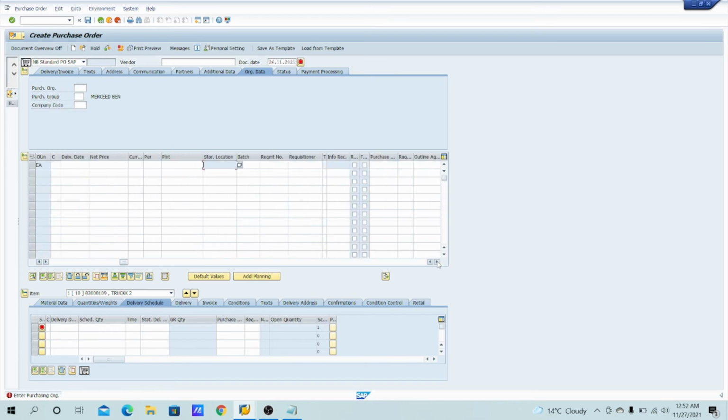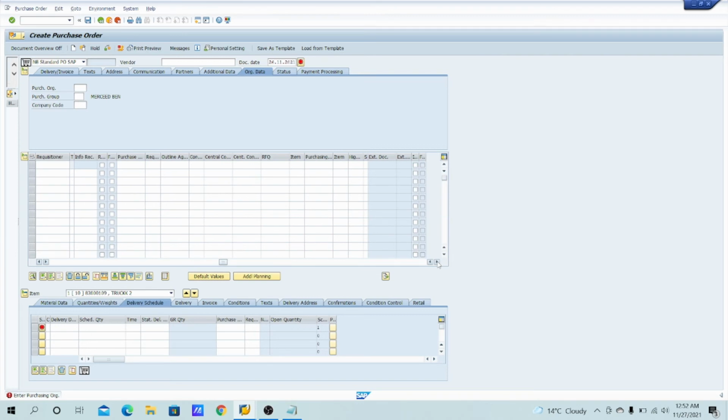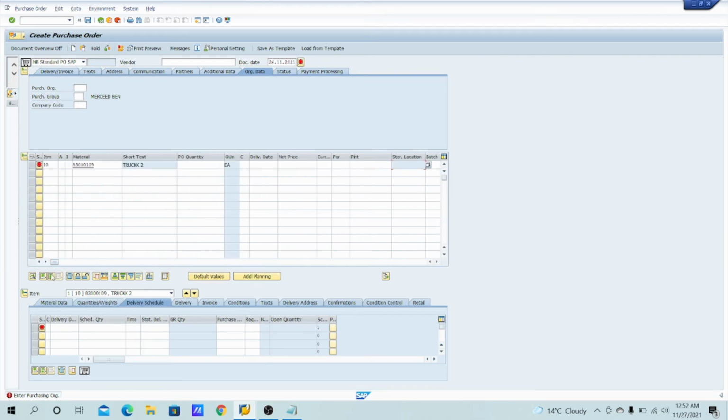So this is a small configuration that you may face as an issue in a support project also. It is most important for the support project, as well as in the implementation project. See why I'm saying this, guys: at the starting of my support project, and at the starting of my career, I faced the same issue from one of my clients.